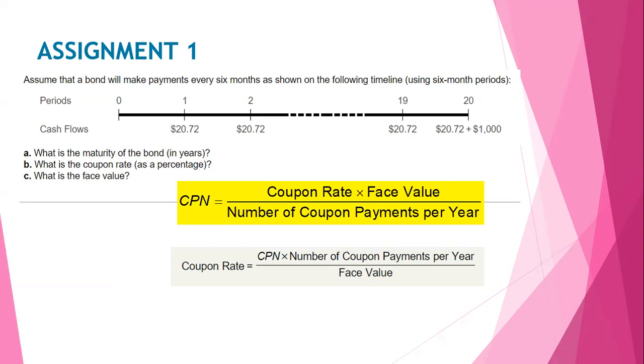So you have 20 six-month periods. We can rearrange the equation to find the coupon rate, knowing that the coupon payment of $20.72, where CPN is the semi-annual coupon payment. When we rearrange the equation, as you see, we will come up with